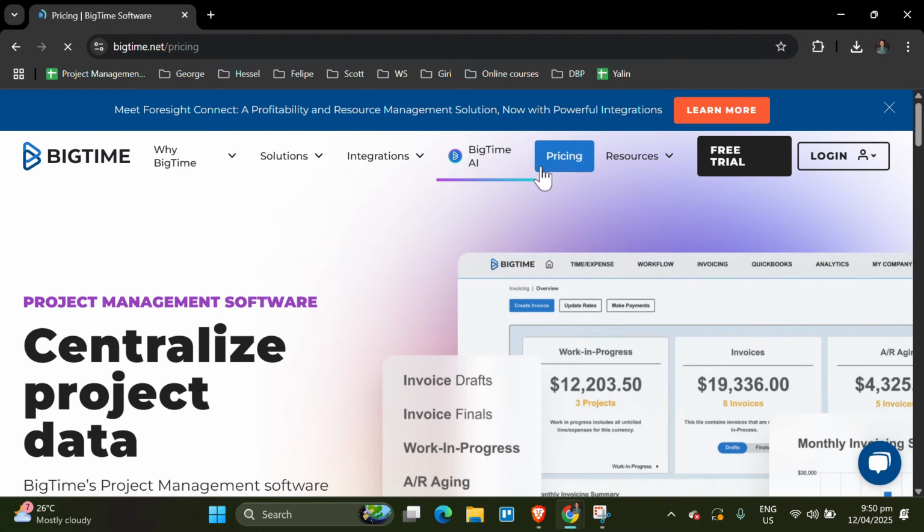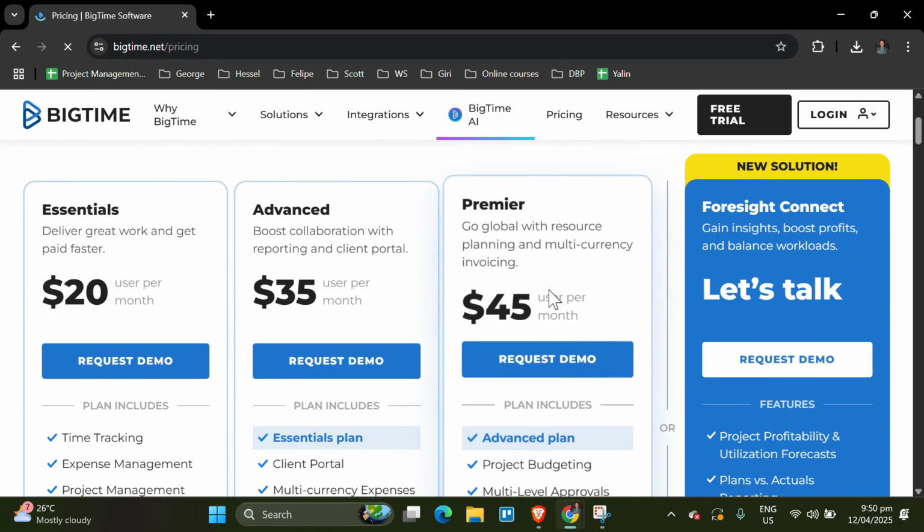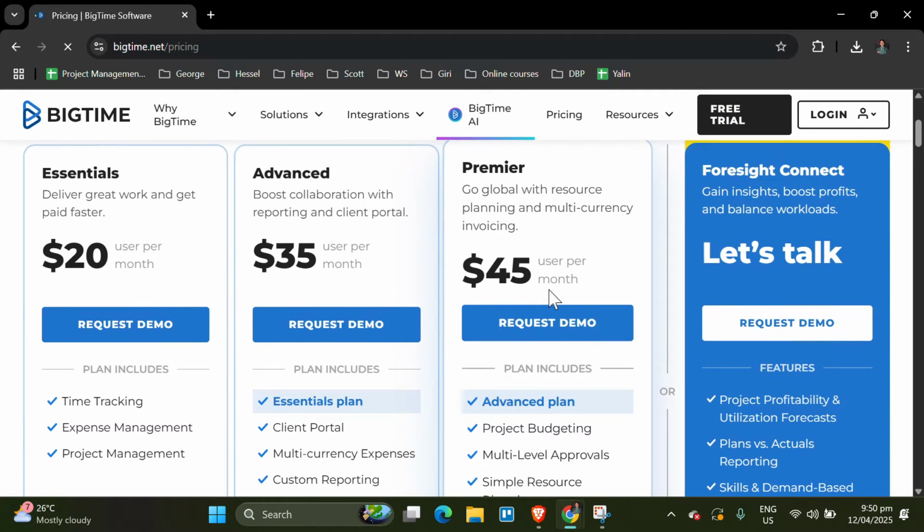BigTime offers 4 pricing plans tailored to different business needs. Number 1. Essentials. At $20 per user per month, this plan includes time tracking, expense management, and project management features. Number 2. Advanced. Priced at $35 per user per month, it encompasses all Essentials features plus a client portal, multi-currency